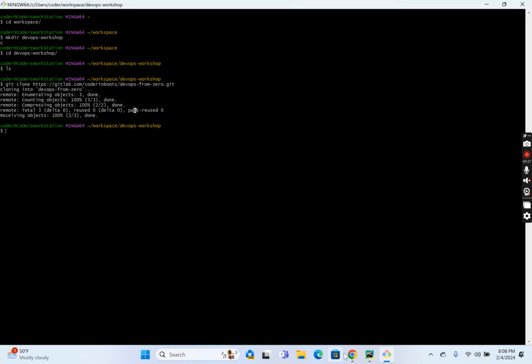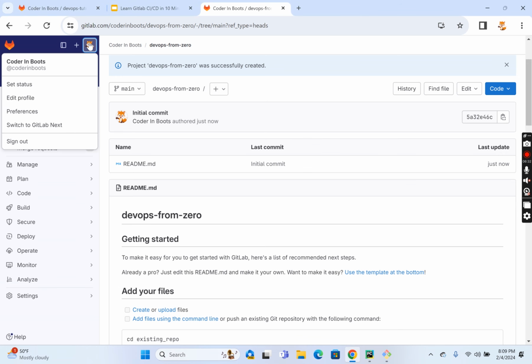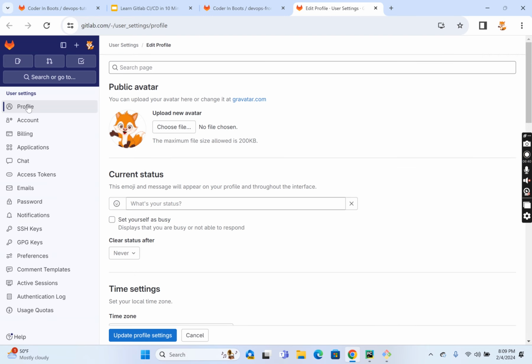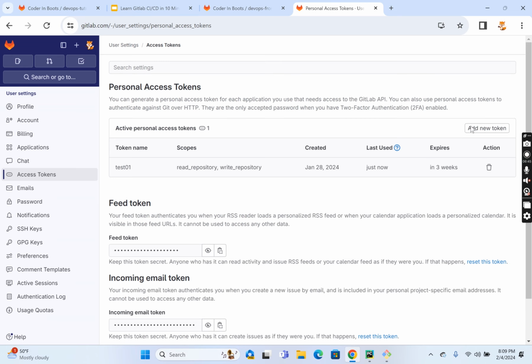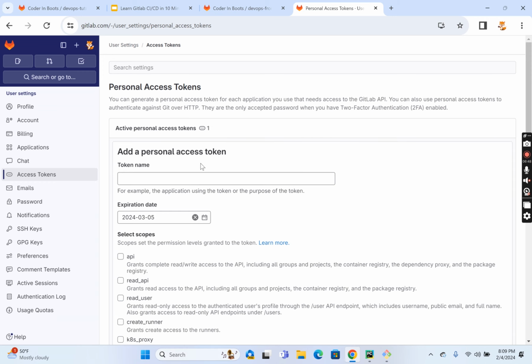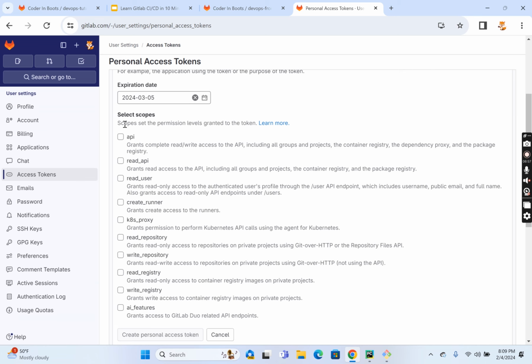If you are using it for the first time, you will be asked for credentials. You can find them at the top, where you can see edit profile. If you expand the user icon, edit profile is there. Expand the edit profile, then on the left hand side you will see access tokens. In the access tokens you will have to create a new access token. It will ask you for the expiry date, which you can select accordingly, and then you can select the scope. If you are using it just for reading and writing a repository, which is what we are doing right now,